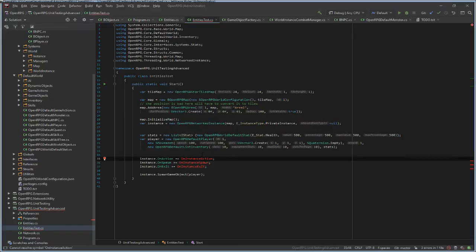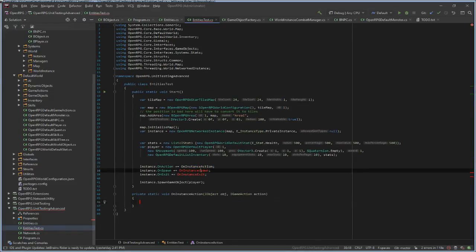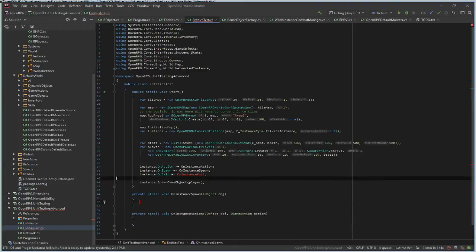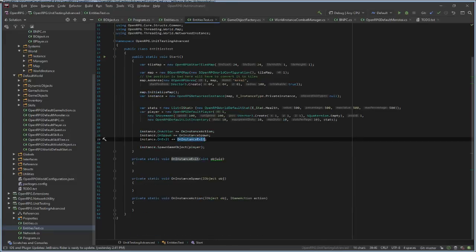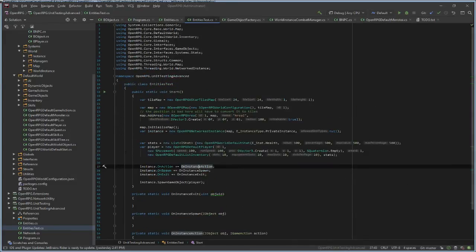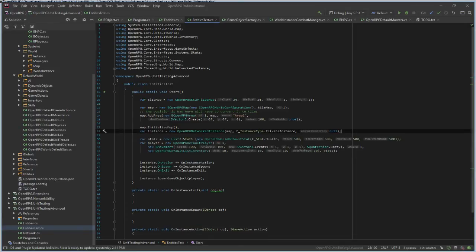On instance action, this is the handler for any action that happens within this instance. Any action: move, spawn, exit. You get the idea.